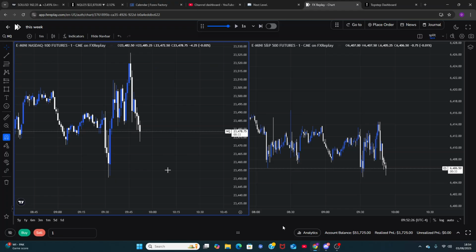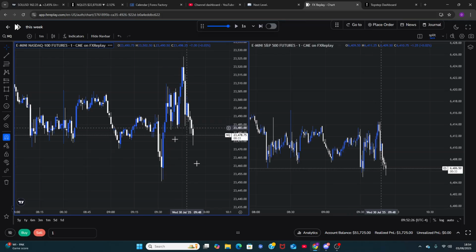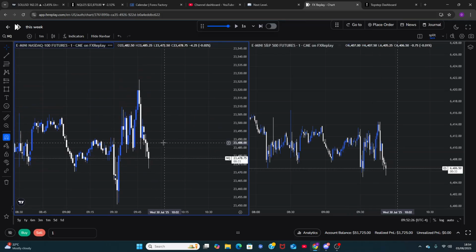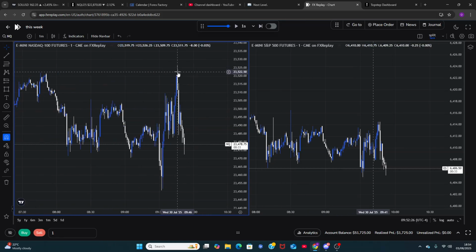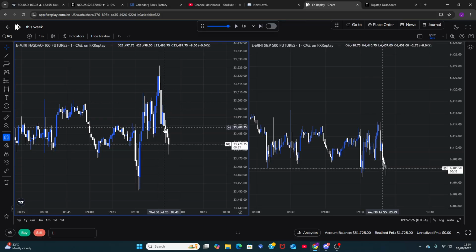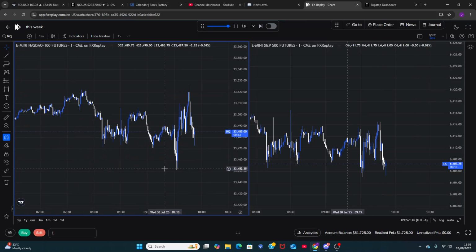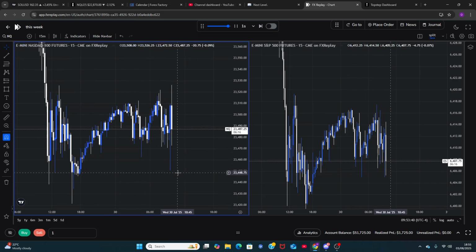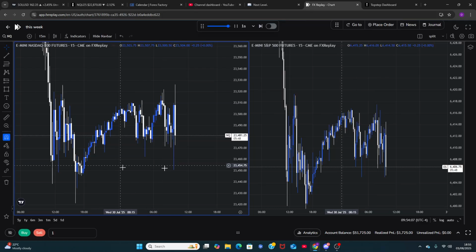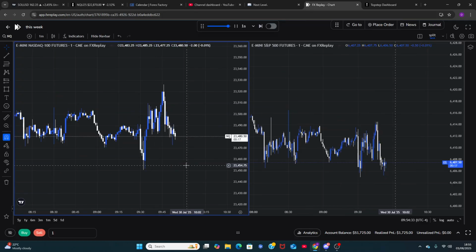Took longs that day. Longs were valid if you entered within here. Longs aren't valid here anymore unless you wait for some structure. But shorts were probably way better, because shorts actually gave us some hindsight. We took out the sweep, you had SMT, you had order block fill and displacement lower. You could enter shorts right there and target the area here, because you can't target this low. Reason being, this low is the original manipulation. You can't target a manipulation low. Target this low only if you're truly bearish. But with this FOMC, just don't bother.